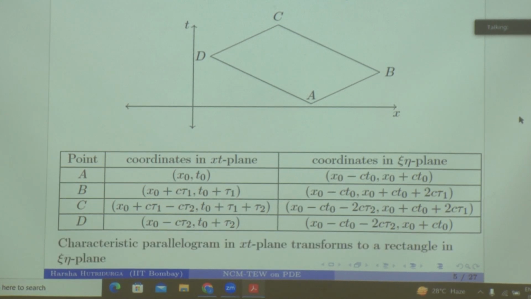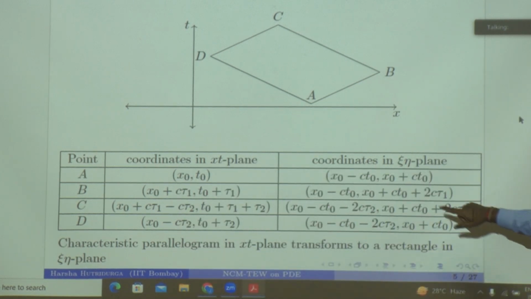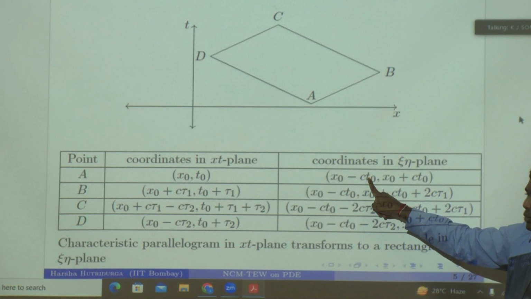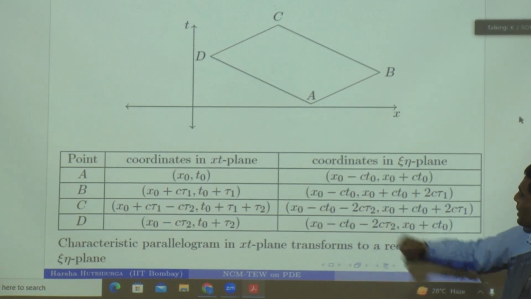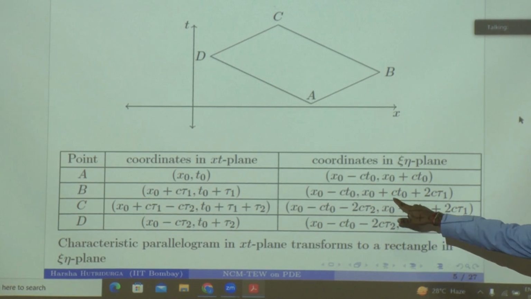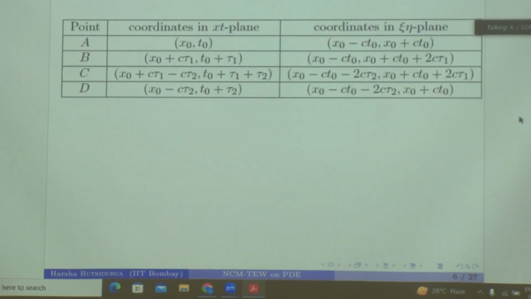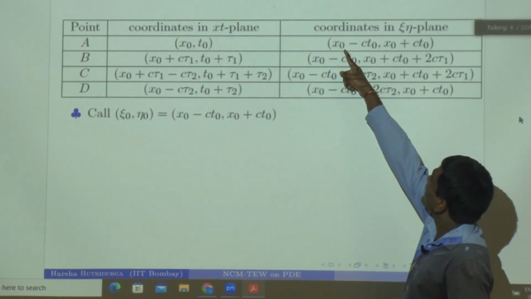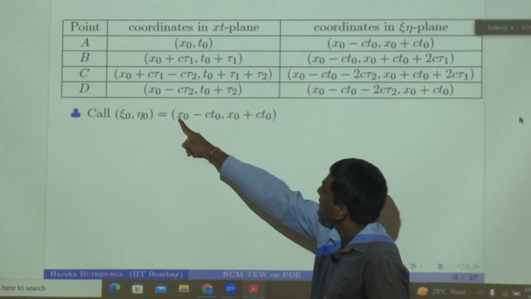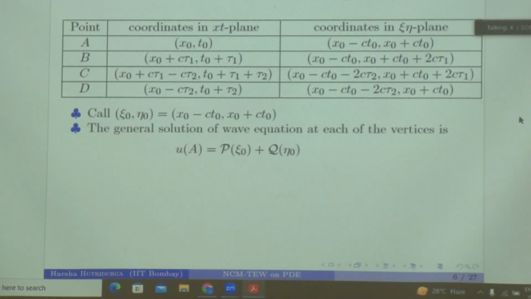Okay. The one important thing to notice here is that, you see this fellow, it has got the same x coordinate, these two. And these two have got the same, so that's the thing. If you observe here carefully, maybe in the next slide I have slightly simplified this and I will show that here. So we are going to call this heavy notation of x naught minus c t naught as psi naught, and x naught plus c t naught as eta naught. Okay,